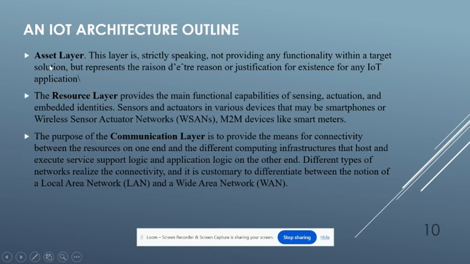The asset layer, what is said is it is, strictly speaking, not providing any functionality within a target solution. Then second one is application layer, third one is data and information layer, fourth one is service support layer,